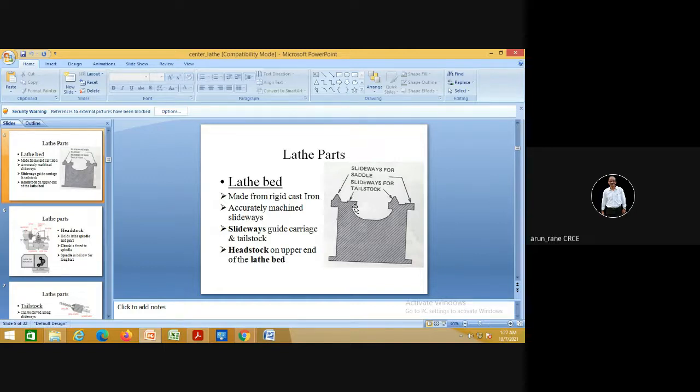It is cast, and it's a big casting basically, 6 feet, 20 feet, 80 feet, like that. 20 feet, 30 feet lathe machines will be a combination of 2 flats or 3 flats, and those lathe machines are called the roll turning lathes, which are available in Air India, in textile mills, workshops.